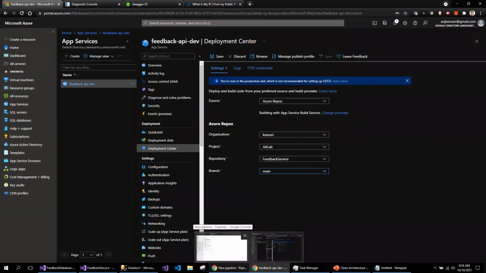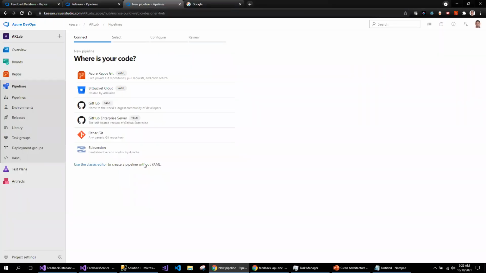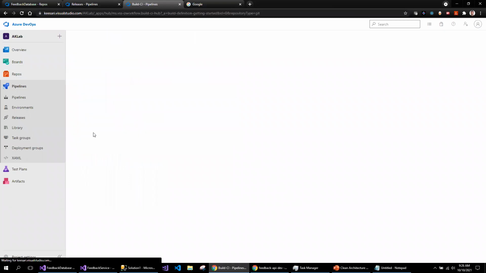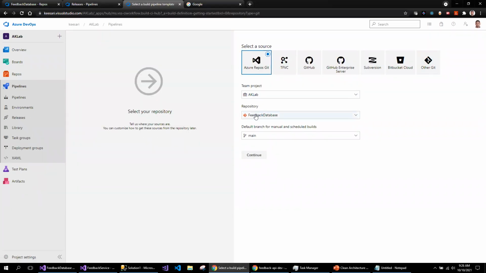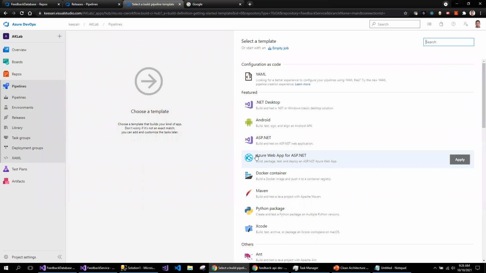I'll be creating it manually using the DevOps pipeline. So let's begin with the DevOps pipeline option. I will click on Other Git. That's the easiest one to start with. So I will select the service, feedback service, and I'm also going to select the branch and click on continue.